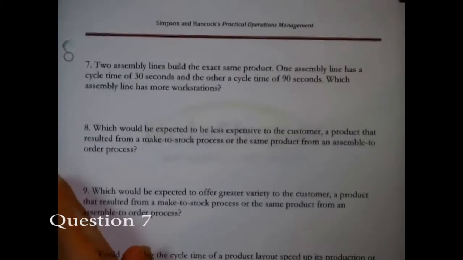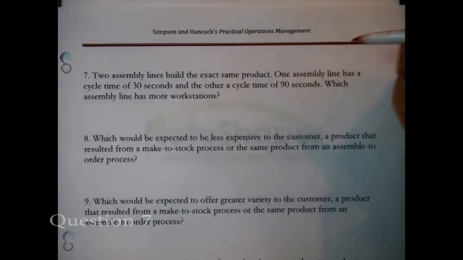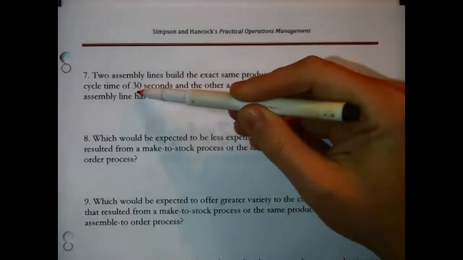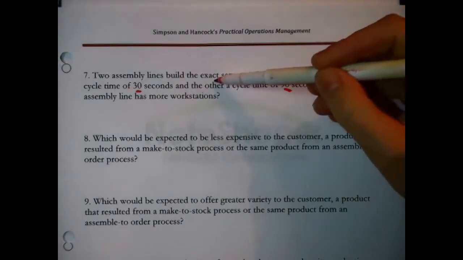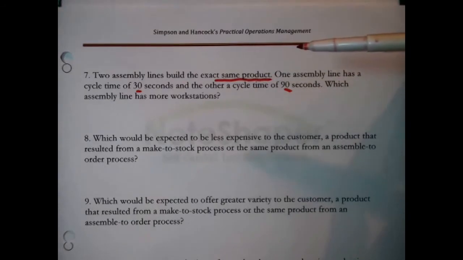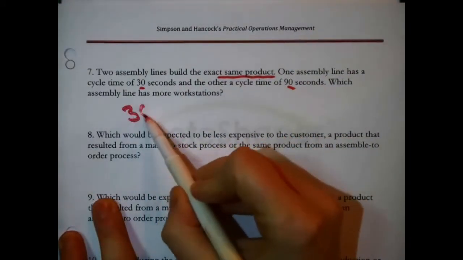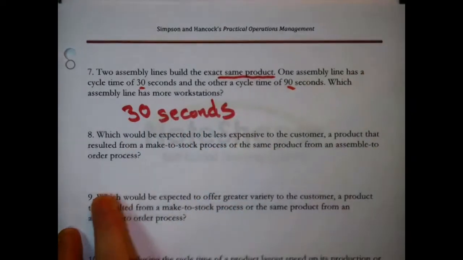Next question. Two assembly lines build the same product. Okay, again, another comparison. One assembly line has a cycle time of 30 seconds, and the other one has a cycle time of 90 seconds. So one of them's shorter, one of them's longer. Which assembly line has more workstations? Now notice that they build the same product, so they are completing the same tasks. The one with the shorter cycle time will have